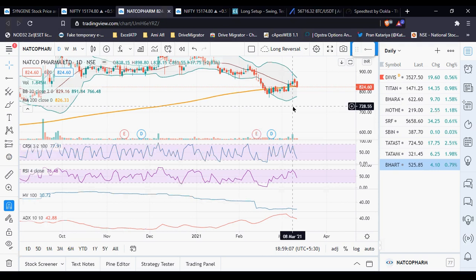Percentage-wise, approximately on average, how much can you expect for the middle Bollinger Band? Could it be like 3-4%? I know it varies. The middle Bollinger Band is nothing but SMA 20, so the value keeps on changing, right? Yeah. So I can't guarantee you anything, but I can guarantee you that this system is not a 100% holy grail system.